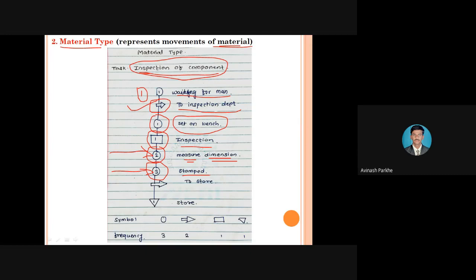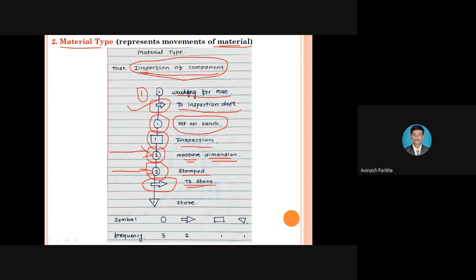But here we have to represent the task performed on the material only. So the stamp will be given on that particular material only. Therefore we perform the stamping operation on the material,